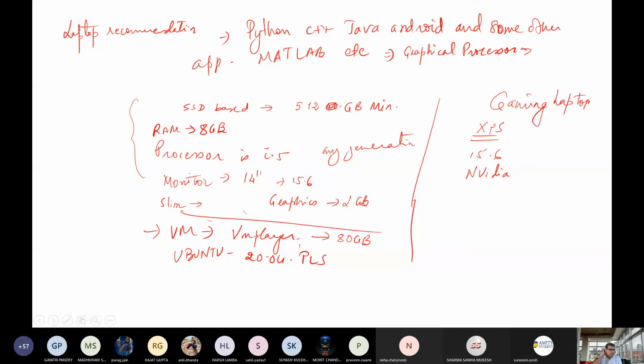And why you are creating virtual machine? Because you are not supposed to install Ubuntu in other partition. Okay, you can use Windows, and inside that Windows this virtual machine like Ubuntu you can use, like what I am going to use. Okay, I'm using. So any question you can ask related with laptop purchasing guideline.